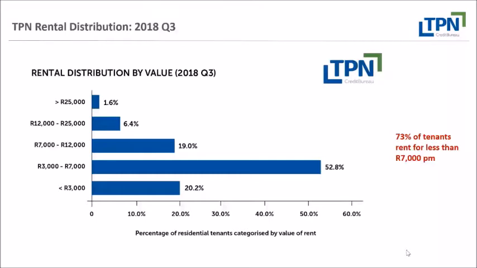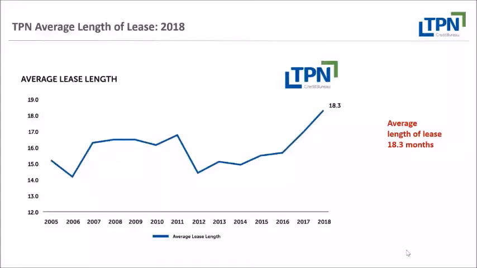This next section is also very interesting. The blue line is telling us what the average vacancy rate is. So nationally in South Africa, properties are sitting vacant for about 8% of the time. That's a great number for us to know: every year we should be budgeting for our property to be vacant 8% of the time. And if you bring that back to a month or to a weekly figure, 8% of a year is roughly a month.